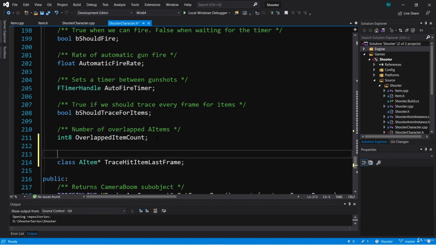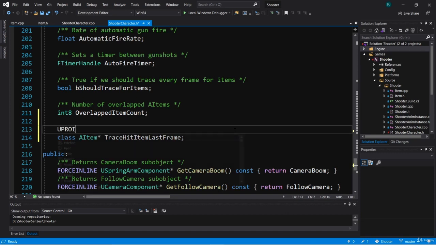That's because we're going to want to store a reference to the item that we've traced last frame. As soon as we are no longer hitting an AItem with our line trace, we're going to want to know what the AItem was that we were hitting so that we can access that and set its visibility to false. So I'm going to give this a UPROPERTY macro,